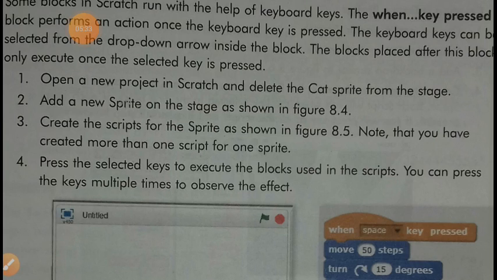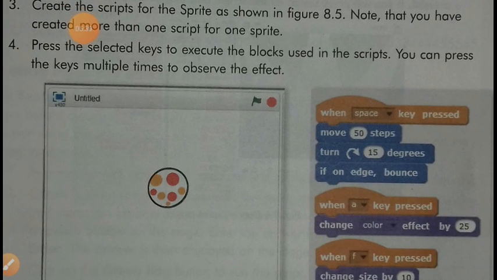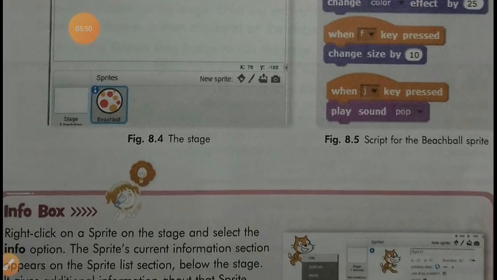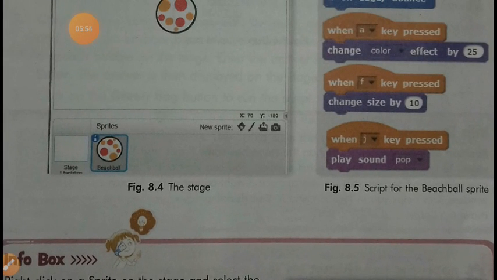Note that you have created more than one script for one sprite. Press the selected key to execute the blocks used in this script. You can press the keys multiple times to observe the effect. Okay. Now come to the next topic.